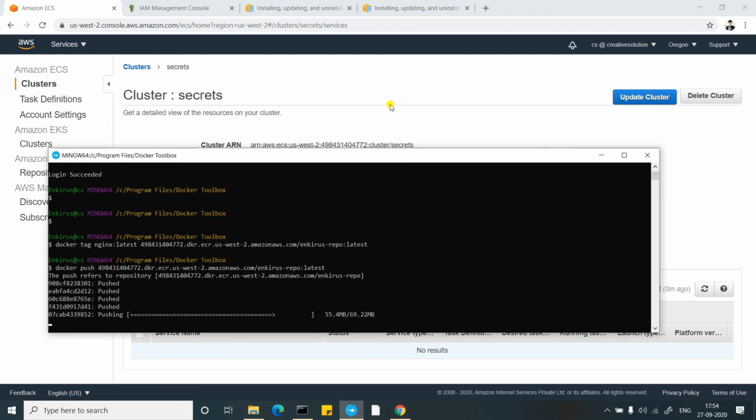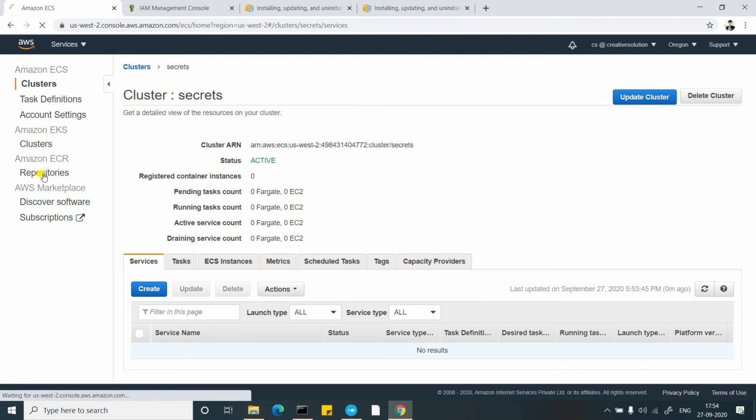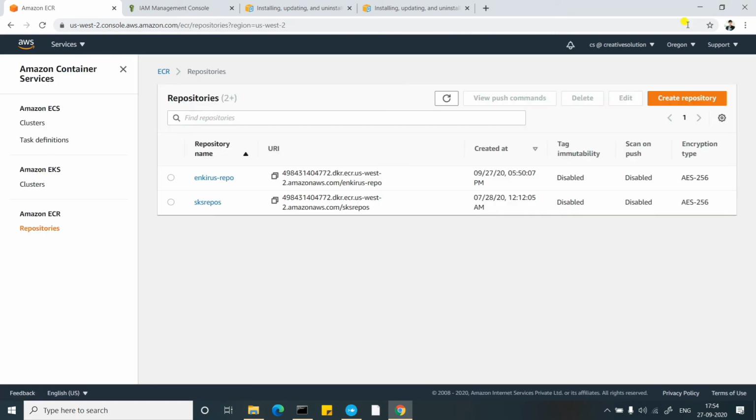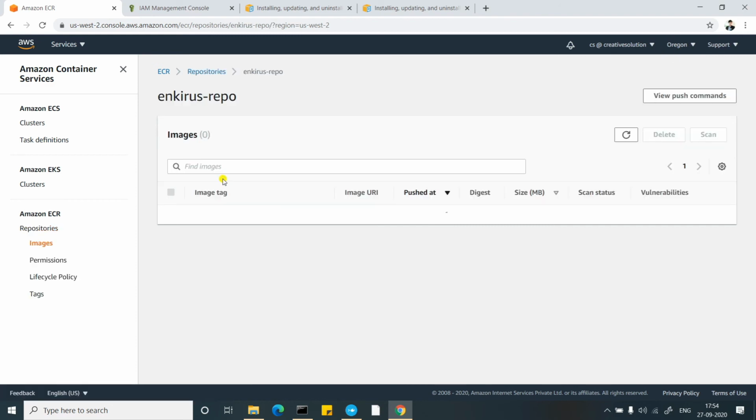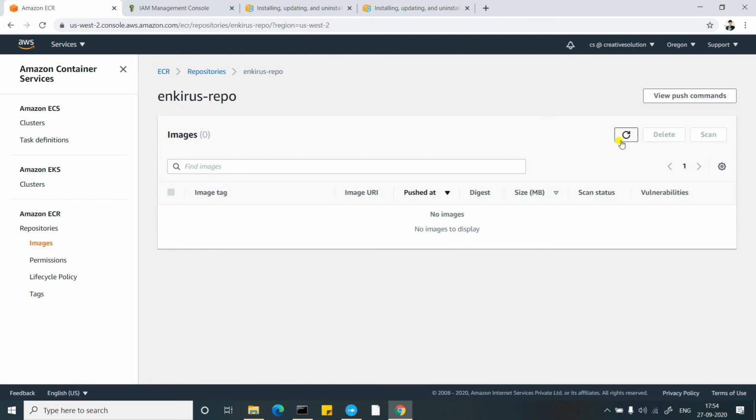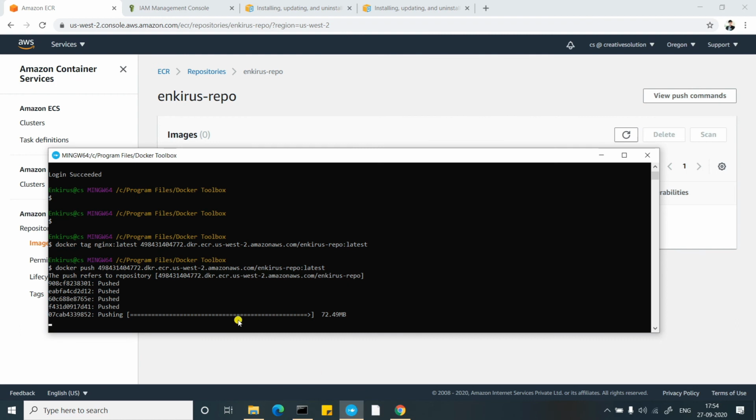I think the Docker push is more or less complete. We'll head back to the repository again. You need not worry, you can be in any of the regions here. During AWS configure, just note to enter that region very carefully. I'll click on refresh. The image has not yet come up. We'll wait. I think it will take a couple of seconds at best.